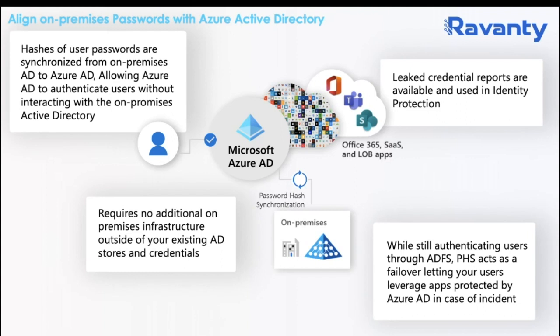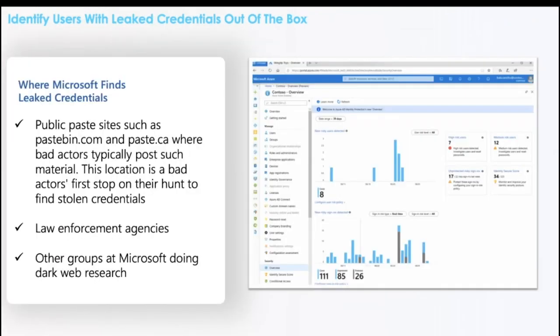And we'll talk about the leaked credential reports. As Azure AD has your password hashes, they're able to look in the dark web to see if passwords are exposed somehow. They look at law enforcement agencies and dark web locations and other places where people post public passwords and information. So it allows them to check that password hash to see if somebody else has that password listed and provide you notifications to say, hey, you have all these passwords that are potentially exposed, and it gives you some insights on that. So password hash sync allows you to have that capability.